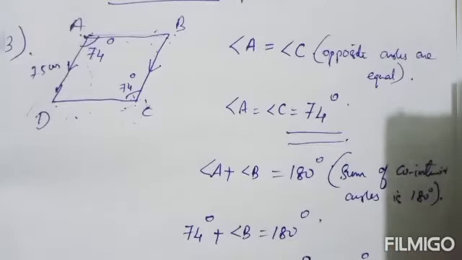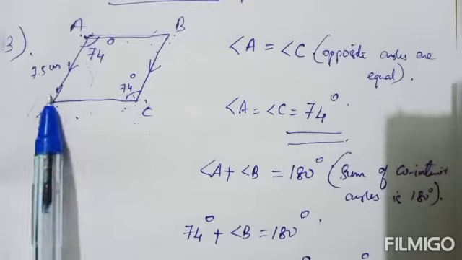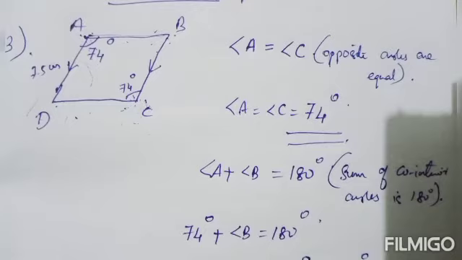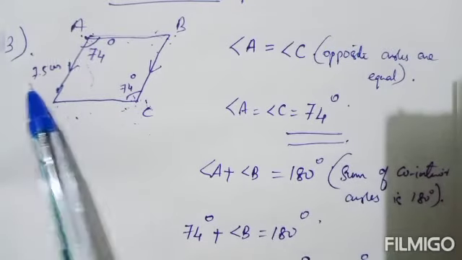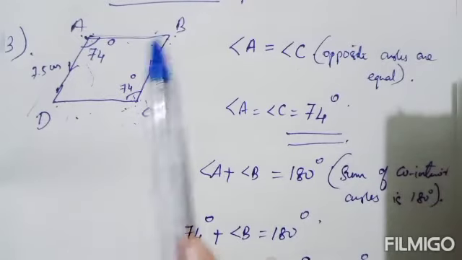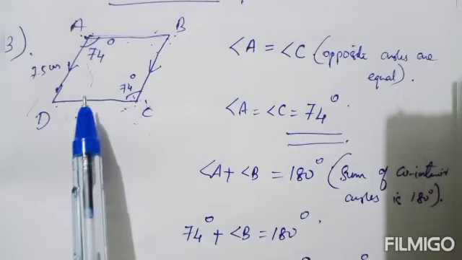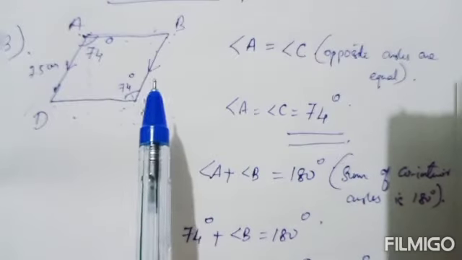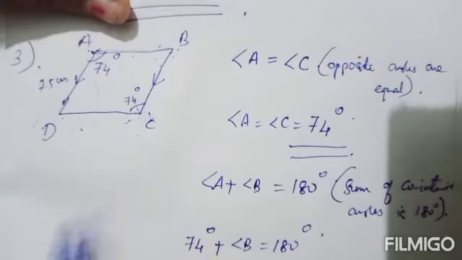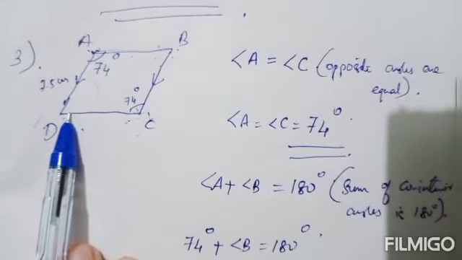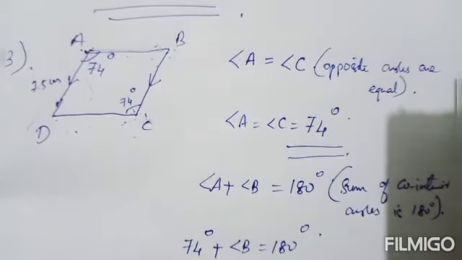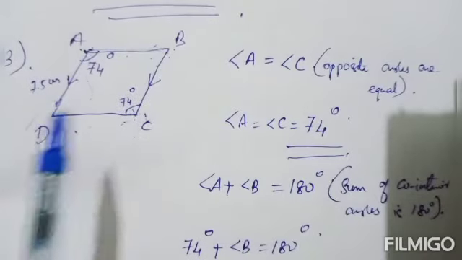Now in the second one, if AD equal to 7.5 centimeter, find BC and CD. This length of AD is given 7.5 centimeter. You have to find BC and CD. Very simple. ABCD is a rhombus. In a rhombus, all sides will be equal. A rhombus is a parallelogram whose all sides are equal. So if AD equal to 7.5 centimeter, BC equal to CD equal to AB equal to 7.5 centimeter.